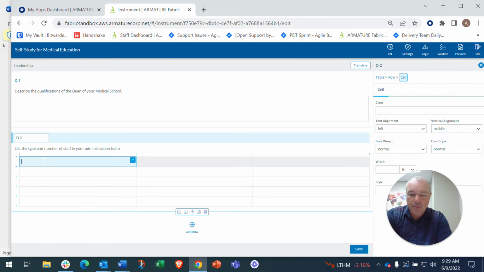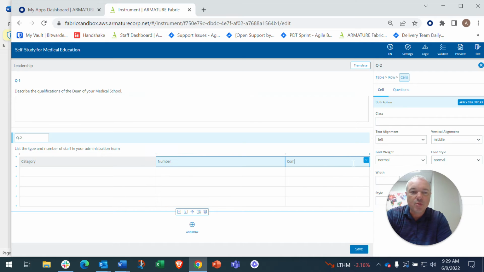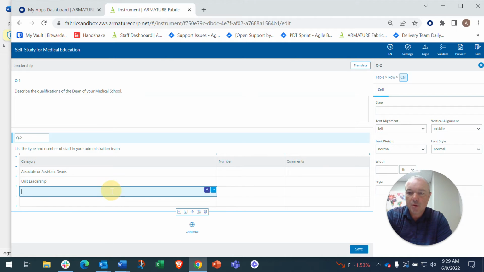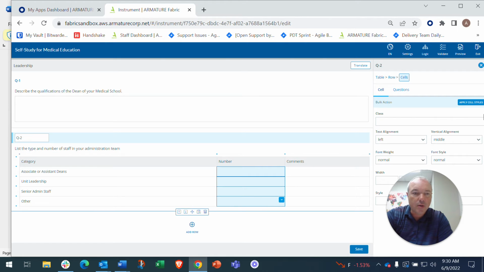Okay. Then I'm going to add here the category. I'm going to add number, and I'm going to add some general comments. Okay, so let's put in this category: associate or assistant deans, unit leadership, senior admin staff, and then what I can do is I can select these columns,